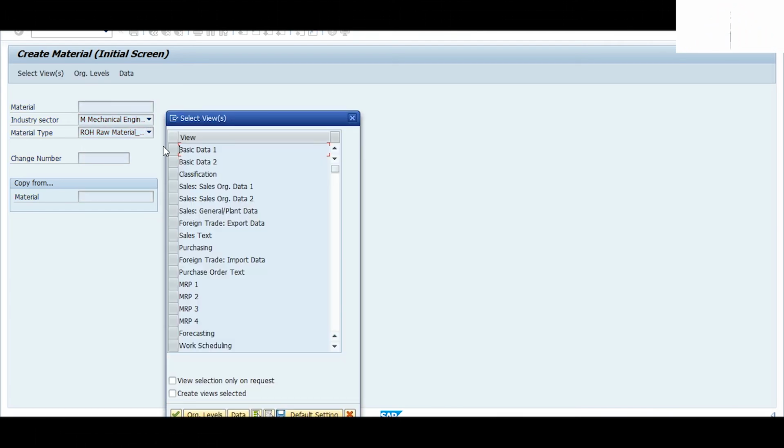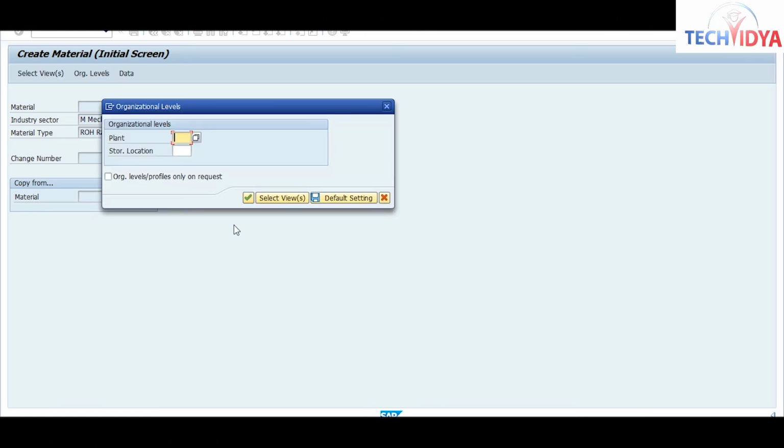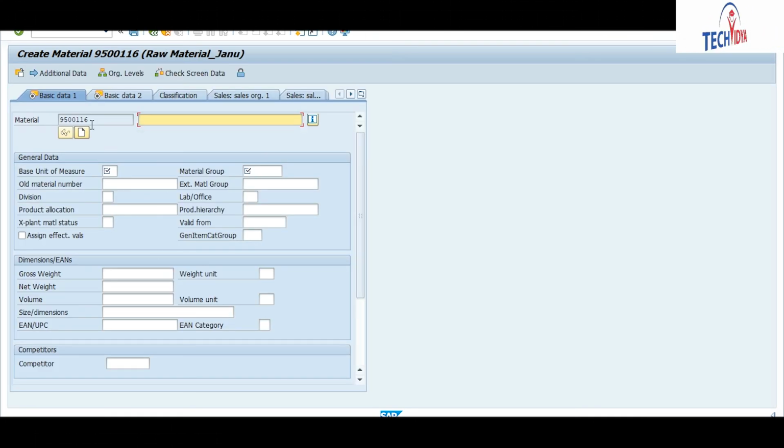Now we will create a material using our accounting view. Accounting view is mandatory. Yes, you can go with all the views, but for this process you have to have this accounting view mandatory. Now enter your plant here and your storage location, CM01. This is my material number, you can note this down. So I am maintaining the text for this. Unit of measurement each.